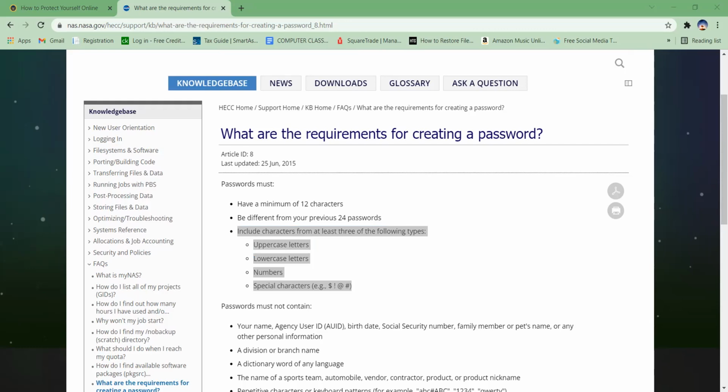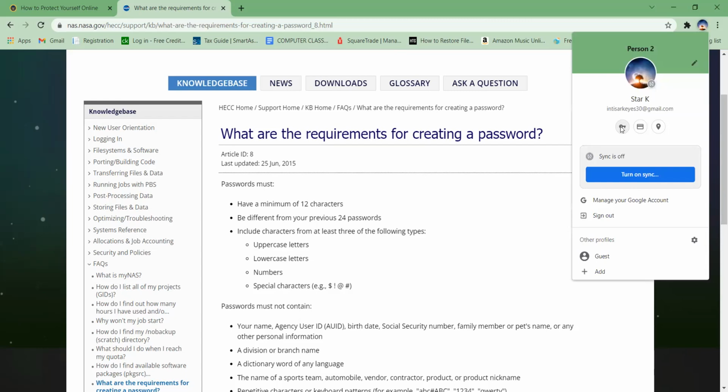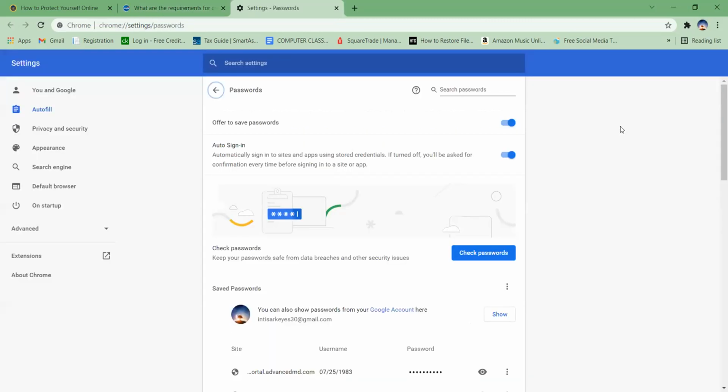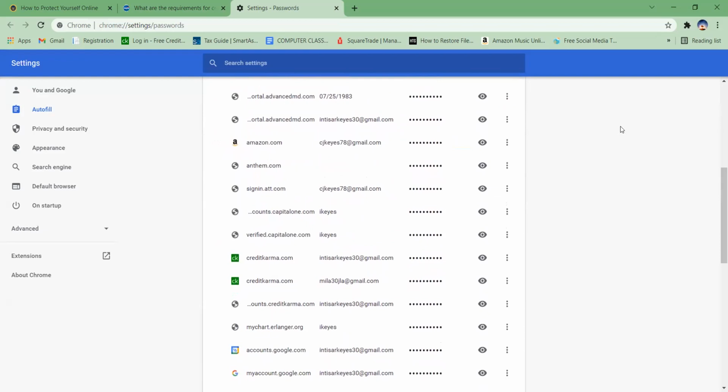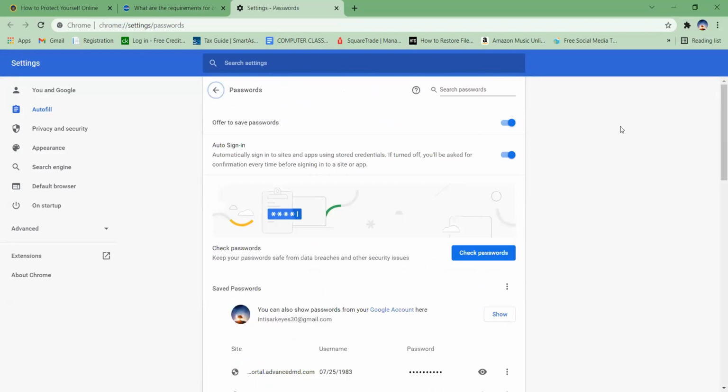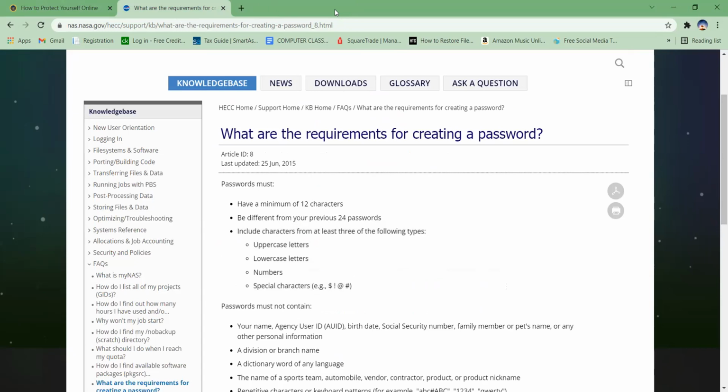Okay, now, yeah, I'm going to close that and go back just so I can show you the process. Now, let's see if it's the same with Chrome. Yep, there it is, passwords. So here is our Chrome password manager link. This is where we get to see all our passwords and anything that we need to change, as far as managing them. And with the Edge, if you are using the Edge, you would just simply go to the